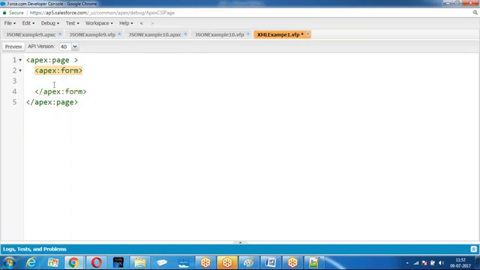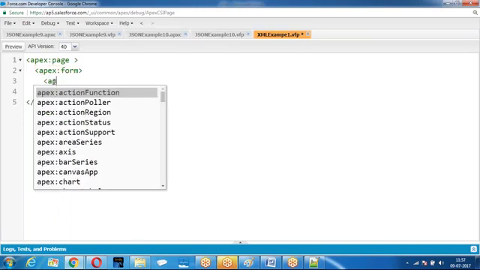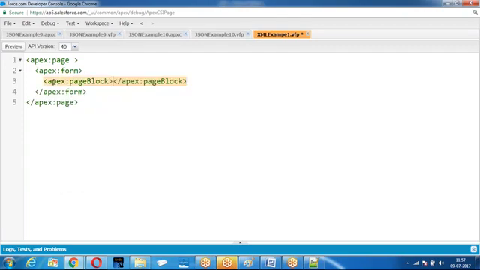I open the page block. Now what happened? Every opening has a closing. Form open, form closed. Page block open, page block closed. But what is the problem here? Unordered closing. They are not ordered properly.